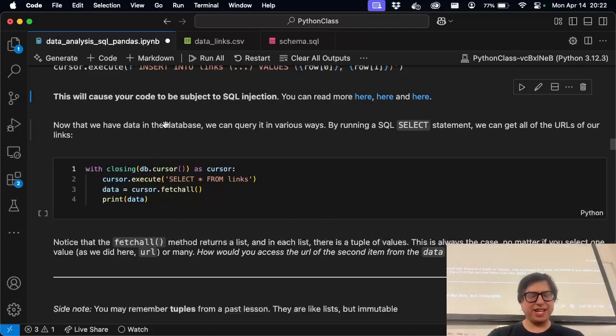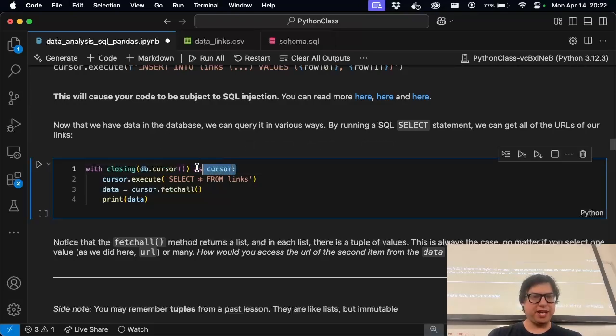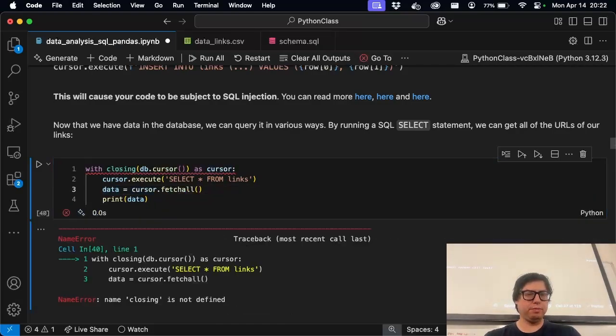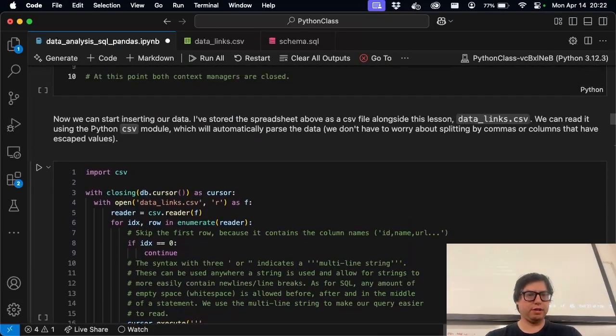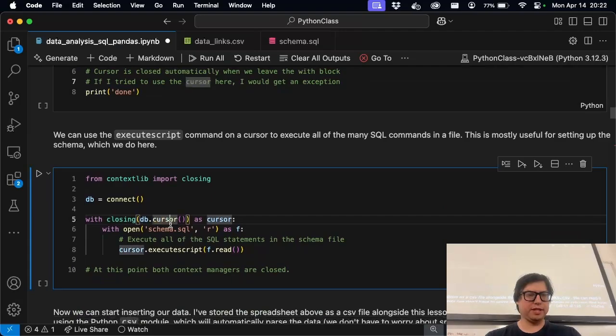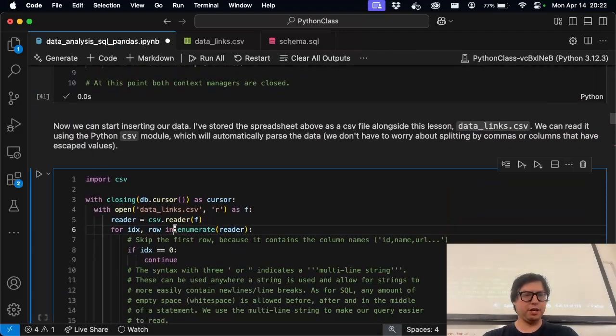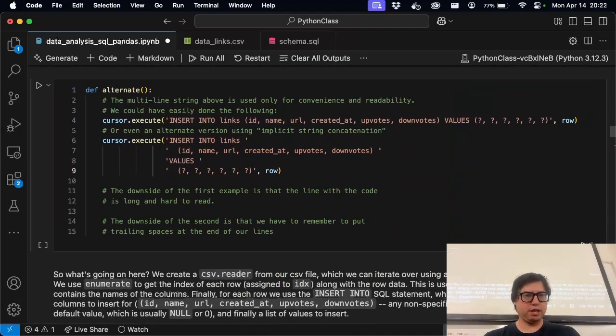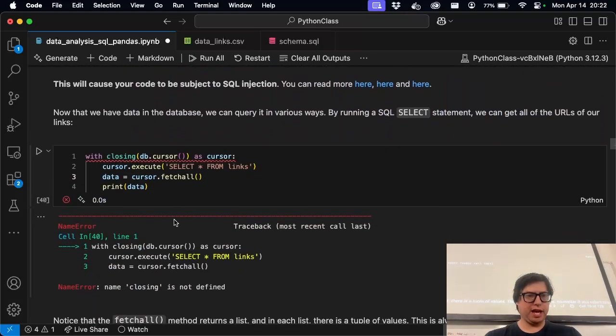All right, so now we're going to get some data. Here we get the cursor again. We say select star from links, which basically means give me all the data in the links table. This is the interesting method, cursor.fetchAll, and then we print the data. Oops, I didn't run some of these. That's the schema. Load the data. And then when we select,